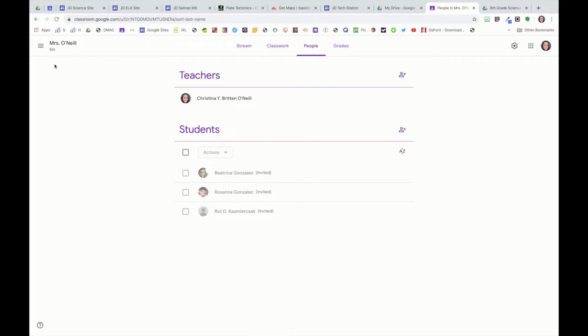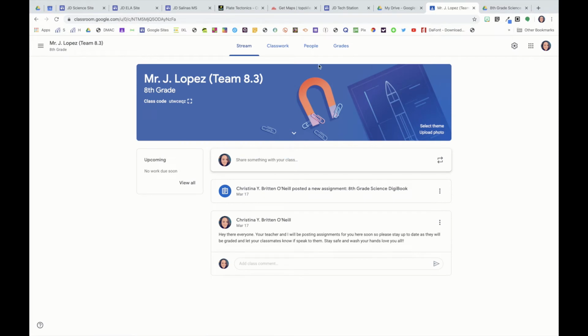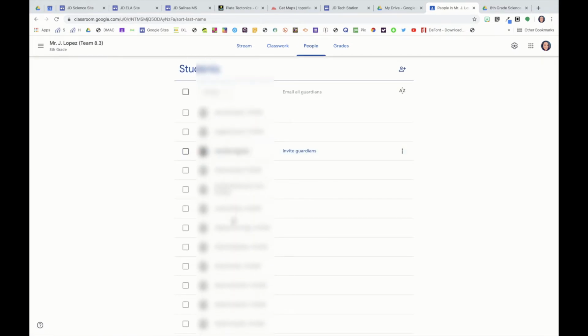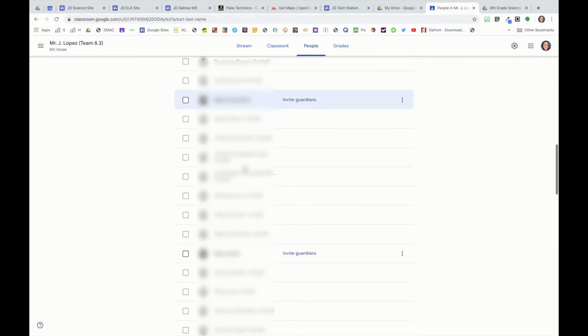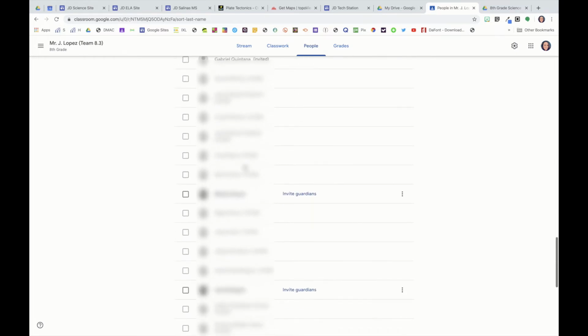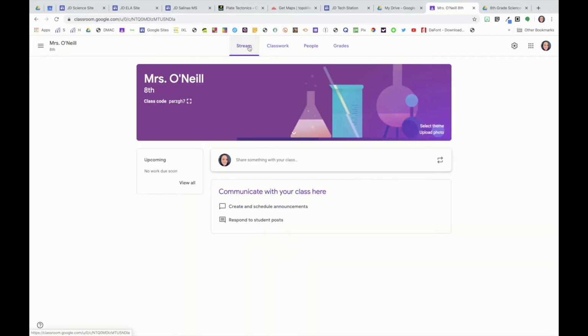To kind of show you what that looks like, I'm going to go to a class and to people, and right here you can see, okay, we've invited all of these students, but only about 9 students in this case have already clicked the link, accepted the invitation, and have started looking at their stuff. Once we get to stream, this is where you can easily respond to any questions the students may ask, or